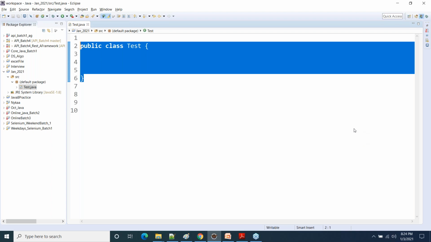Okay, Abbas is asking, but we run the program using TestNG where we don't use it. Remember one thing, if you are not using the main method for execution, then you need some other execution means, like a server or testing framework, and that's why we use TestNG. When you are using TestNG, you don't need to add a main method. But in Java classes, we are not going to use TestNG. We will be using only the main method. You will be using TestNG during Selenium classes. Clear?